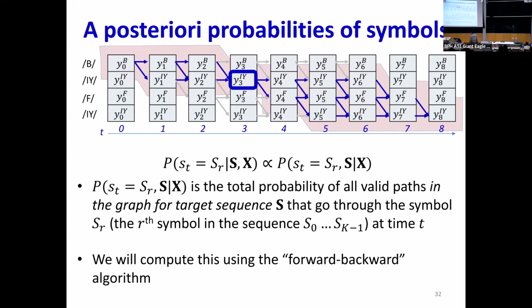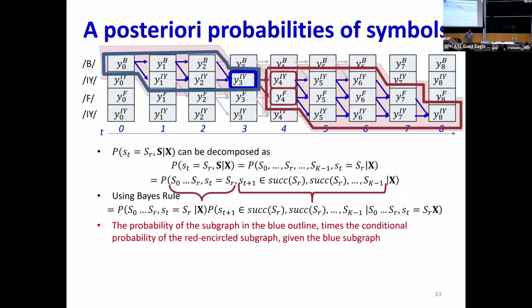How would I do that? This subgraph shown in pink has two parts. The lead portion of the graph that starts from the top left node and goes into this box, and the second portion of the graph, which starts immediately after the blue box and goes all the way to the end, to the bottom right node. So does the decomposition make sense? And so now I can write the probability of this graph, which again is the total probability of all alignments which align 3 to E. That probability can be thought of as the probability of the portion of the graph encircled in blue times the probability of,